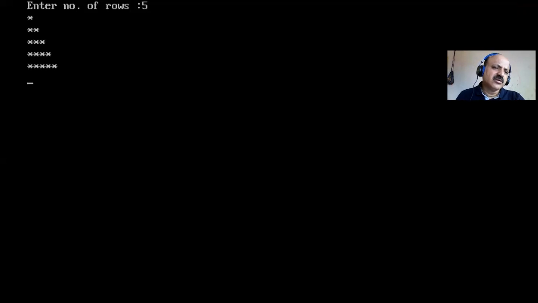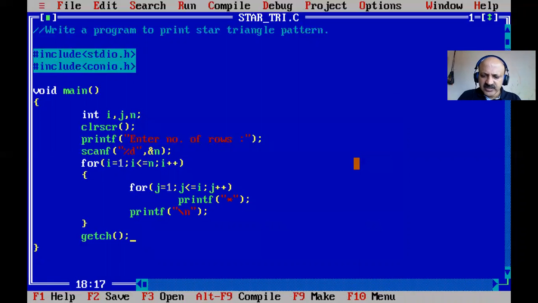Let us run this with 5 rows. So that is one more element per row: one row, one star; two rows, two stars; three, four, and five. Very simple. Here you can now understand that the outer for loop initializes i equal to 1 only one time, but the inner loop initializes j to 1 every time and then starts. So for each row, with j less than or equal to i, every time it takes the number of stars according to i.